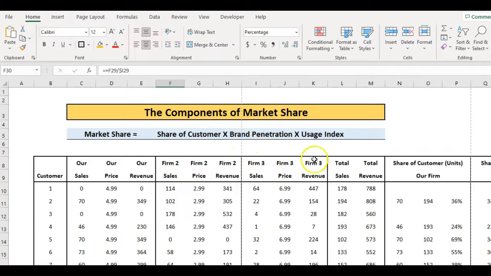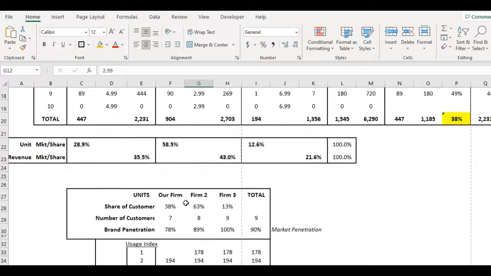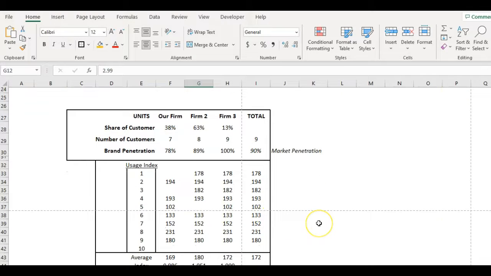Okay, now we want to look at what's called a usage index, because that's going to tell us, are we attracting lighter users or heavier users to our brand? Okay, so some companies deliberately target heavy users. This firm here has a lower price than us or the other companies, so they may be attracting more budget people who buy more, or people who can afford more because the price is lower. So the other factor is, what do we have, high or low